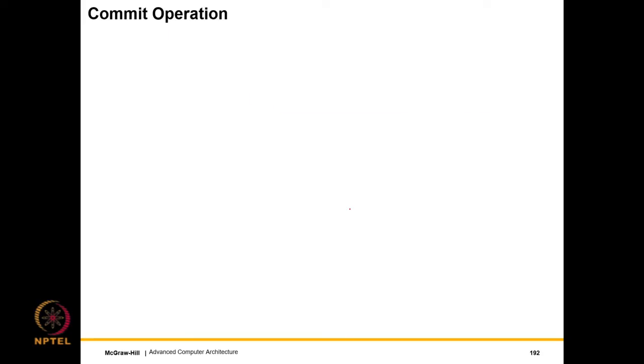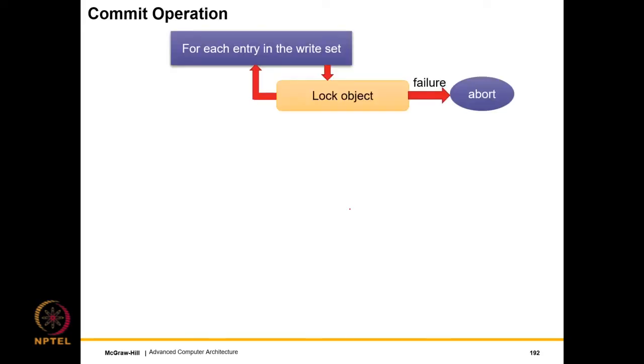Coming to the complex commit operation yet once again. So recall that in the Bartok STM, we were heavily into verifying reads. But in this case, given the fact that we have made reads expensive, we actually do more with verifying writes. So for each entry in the write set, what do we do? We lock the object. So this is only a temporary locking for the period of the commit operation. In this case, we hold locks for a much smaller duration. So we lock the object. And of course, the locking is done in such a way to avoid deadlocks. In case there is a deadlock, it is detected. So the programmer need not bother. It is detected and recovery is initiated. So the programmer as such need not bother.